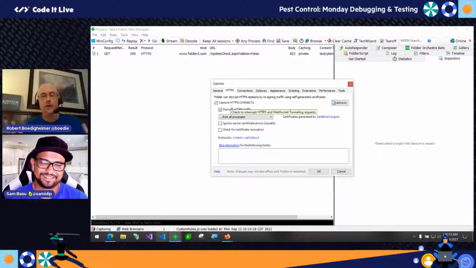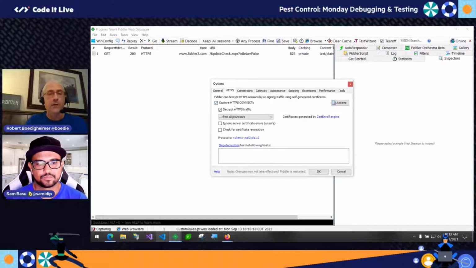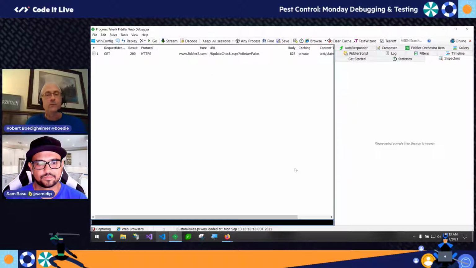The other part of that is we should all be using HTTPS, right? Every site should be using HTTPS. Fiddler, because it's a proxy sitting between the client and the server, is literally allowing me to capture HTTPS. When you first say that to people, they usually freak out. Like, wait a minute, you have a phone. It's supposed to be using HTTPS. Why is it you can see my traffic? That's the whole point of HTTPS. You shouldn't be able to do this.